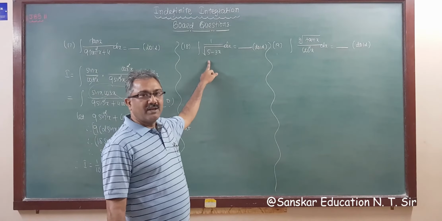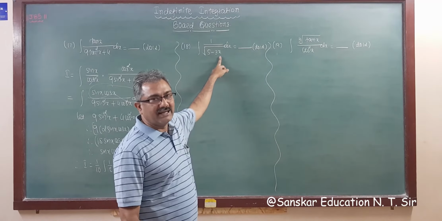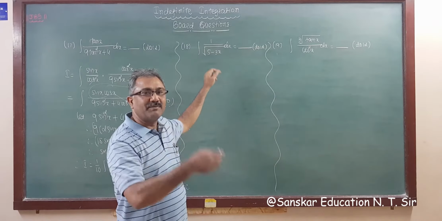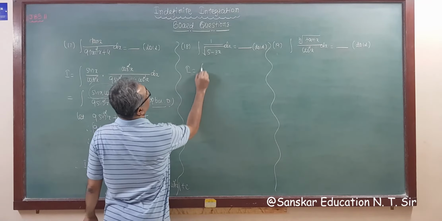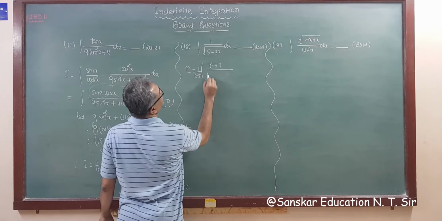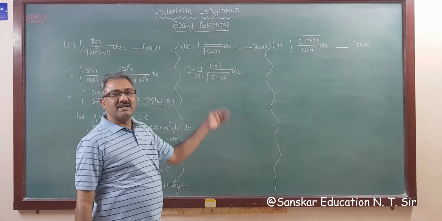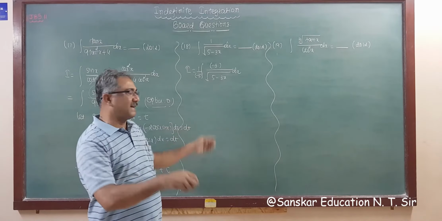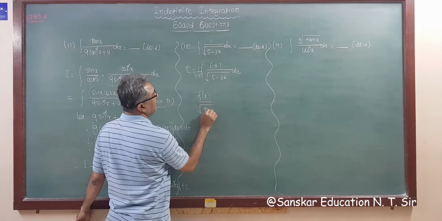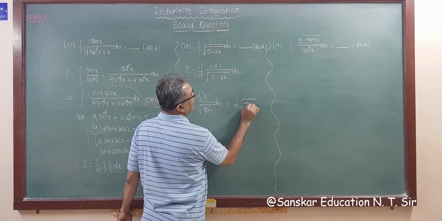Now not a single formula is applicable because we want a square minus x square, not a square, not x square. So is the derivative of the denominator in the numerator? Yes, if you multiply and divide by minus 3. So if you multiply and divide by minus 3, this is minus 3 and this is minus 3 and square root of 5 minus 3x dx. Then the answer of this is f dash x upon root fx. You will have one formula, f dash x upon root fx dx, whose integration answer is 2 under root fx plus c.